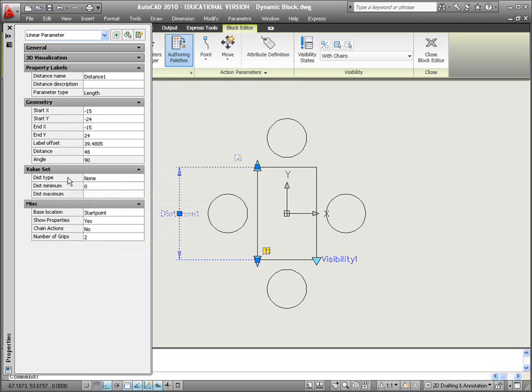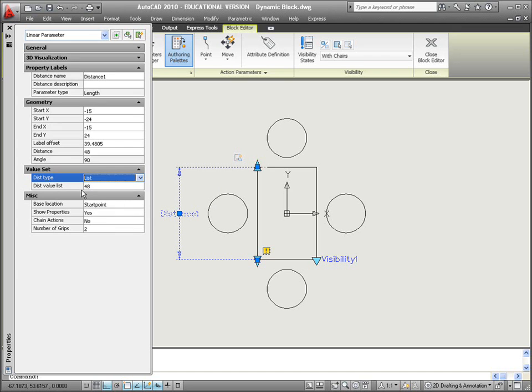But down here in the value set, distance type, there's none at the minute. We're going to change that. We can do increment or we can do list. So you can have it in increments, but on this occasion we're going to use the list because we're going to limit the number. Increment, you can set a minimum and a maximum value in there as well. You can have a look at that, but we'll do the list. And the distance value list here, if I left click on this, a little radio button pops up